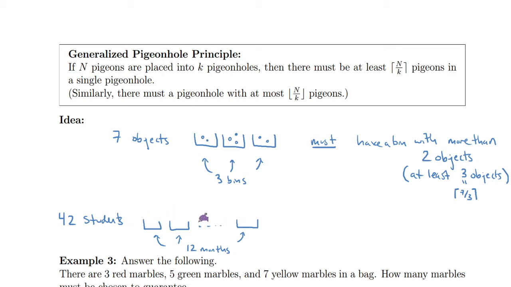One question might be, what could we guarantee? By the generalized pigeonhole principle, there must be a month. We don't know which bin it actually is, but there would be one month, just like there's a bin. Okay, there must be a month with at least